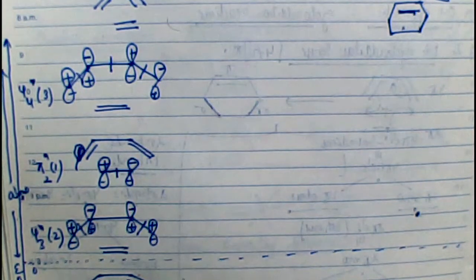And conversely, on the anti-bonding side we have 2 sigma antibonding orbitals and 1 pi antibonding orbital, and we know that pi antibonding is always more stable than the sigma antibonding. Therefore, the energy on which these orbitals are to be placed is simple. First 2 orbitals on the bonding side will be sigma and then pi, and in the anti-bonding orbitals first will be pi star followed by the 2 sigma star orbitals. Okay, let's draw these orbitals.